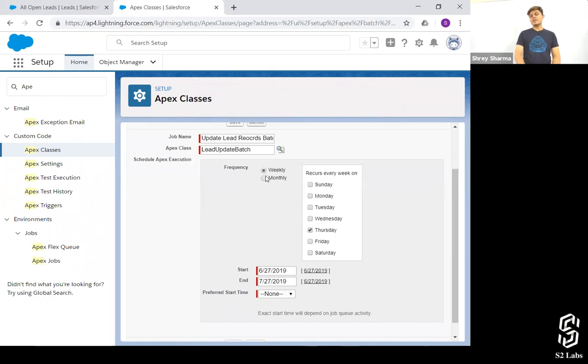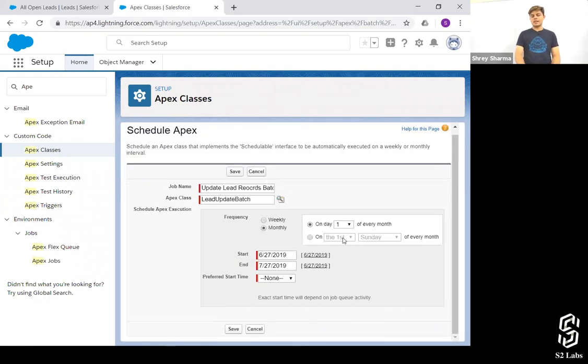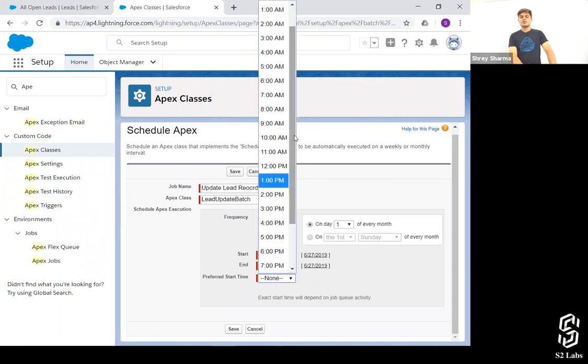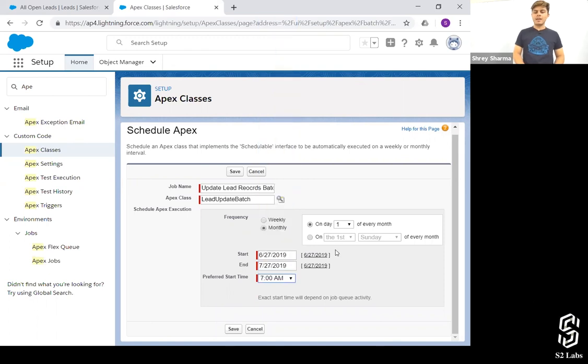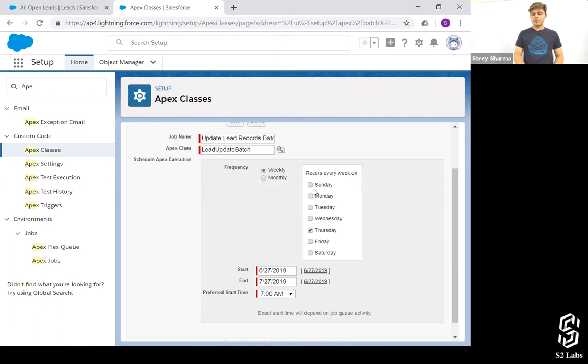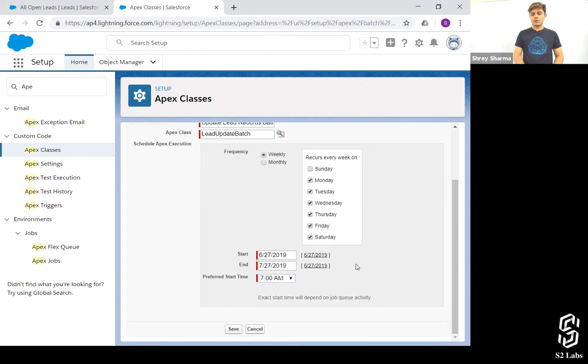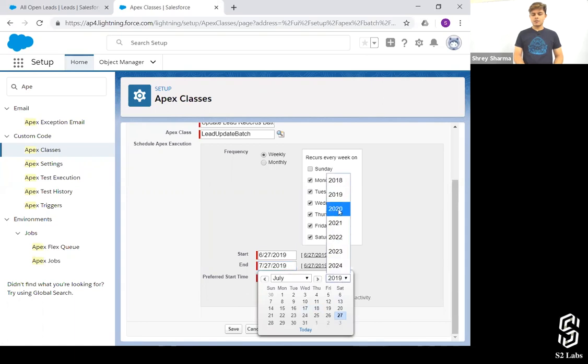Over here, select the frequency. Do you want to execute it weekly, monthly, what exactly? Then start date, end date, and preferred start time. I want to execute it at 7 a.m. every morning, except Sunday. I want to start it from today, and I want to execute it till 2020.